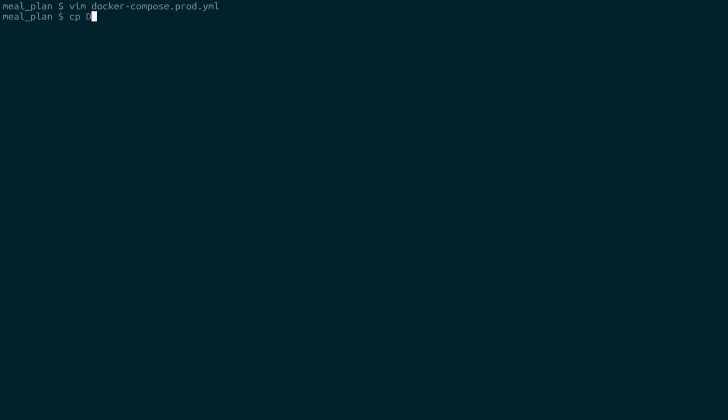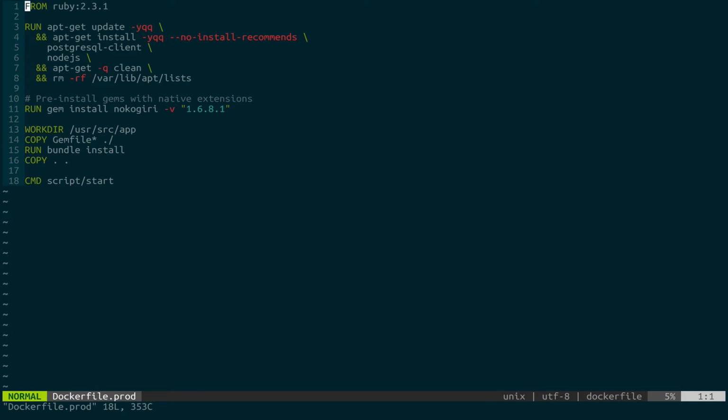So we can cp Dockerfile, and we'll make it Dockerfile.prod. And then we'll take a look at that file. We're going to leave everything the same up until this copy, and then we're just going to pre-compile our assets. So we're going to set env to make sure that we're running in the production Rails environment. And then we're going to run